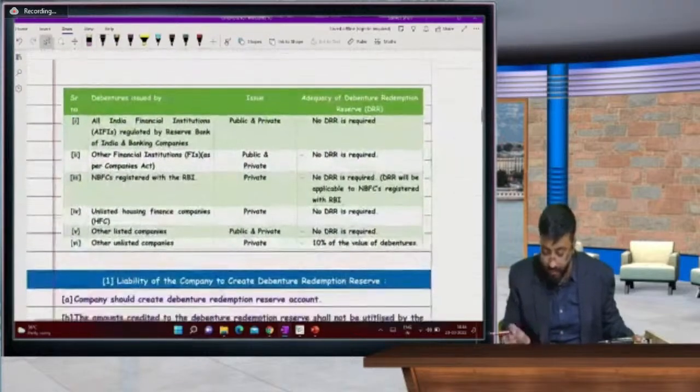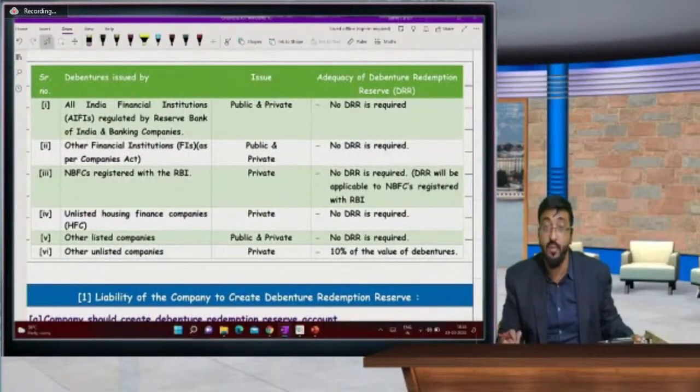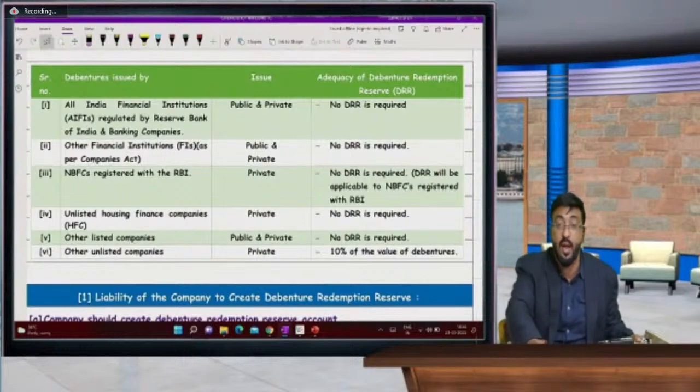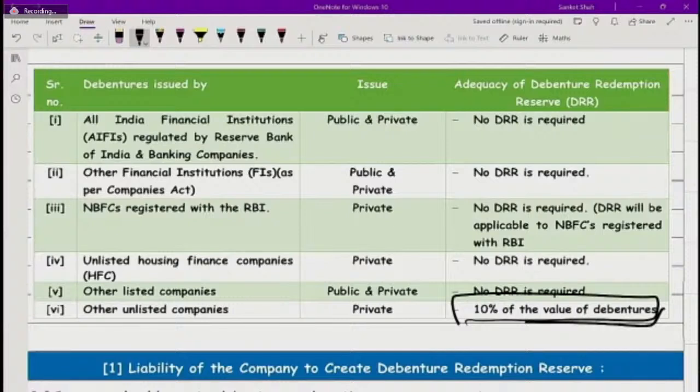I'm going to cover this. Yes, just take this chart in your notebook. Very, very important. Write down this chart and tell me once done. This is about all India private and public sector. Write down this chart fast and tell me. Please write it because this is a very important chart. Percentage of debentures: 10% of the value of debentures. Beta, which is very important. Mark this as IMP. Mark important.